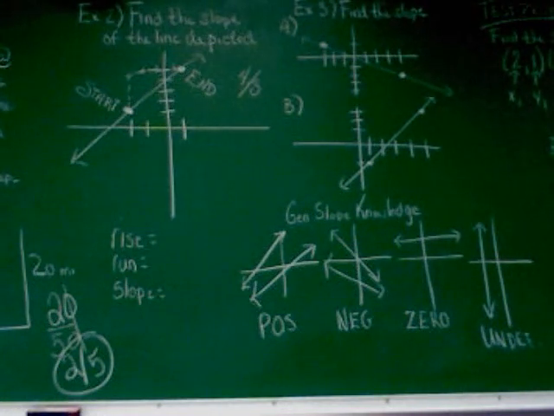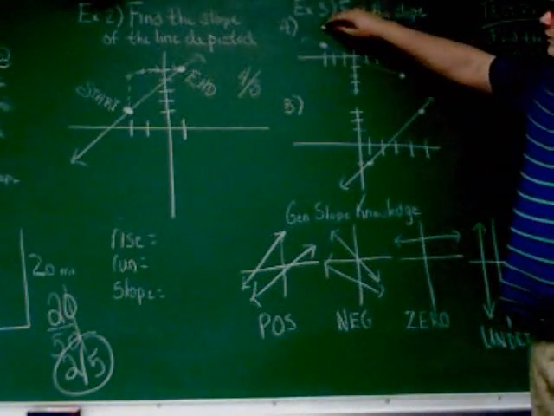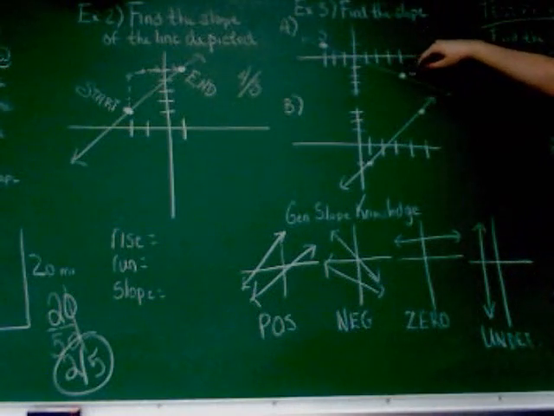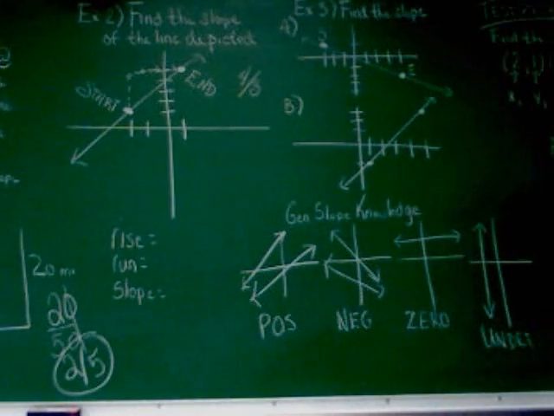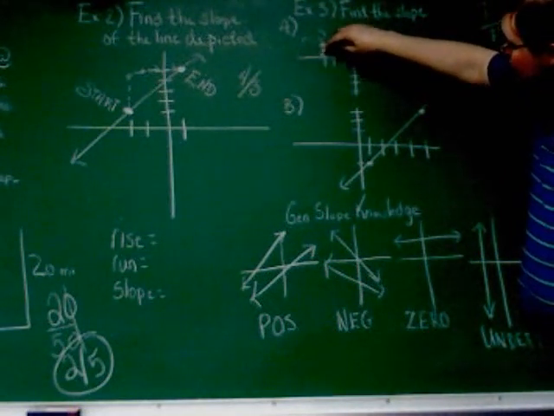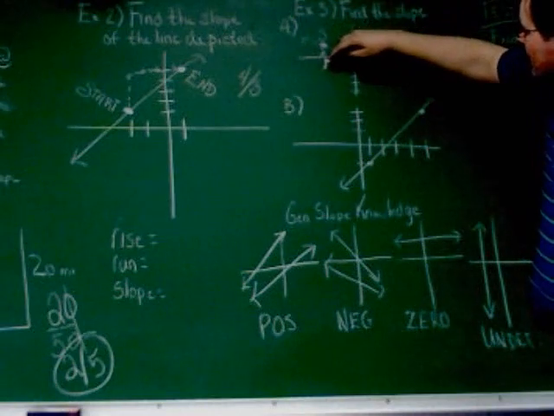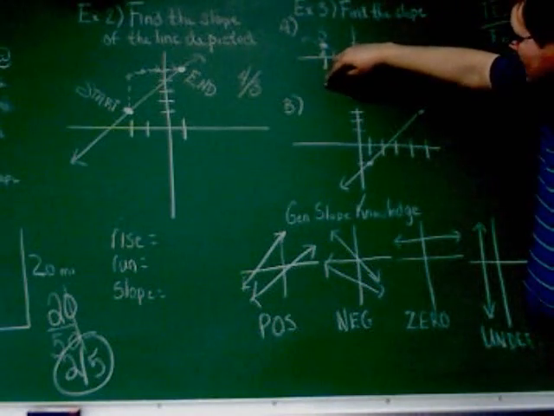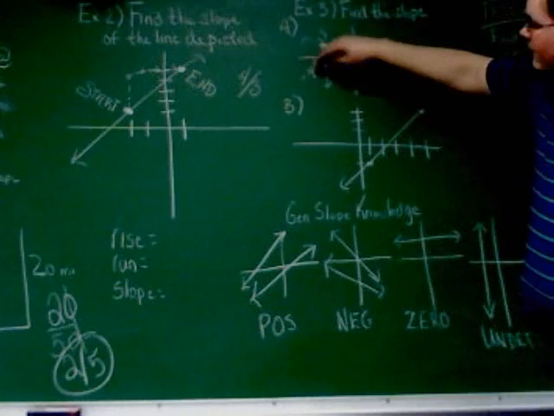All right, now 3A here is a little bit different, just a little bit. Again, we're always starting at the leftmost point and ending at the rightmost point. But as you can see, this line tips down. So when I count the jumps this time, it's actually going to be a negative amount to start with because I'm going down. I'm going down 1 jump, down a 2nd jump, down a 3rd jump, and down a 4th jump. So my rise is